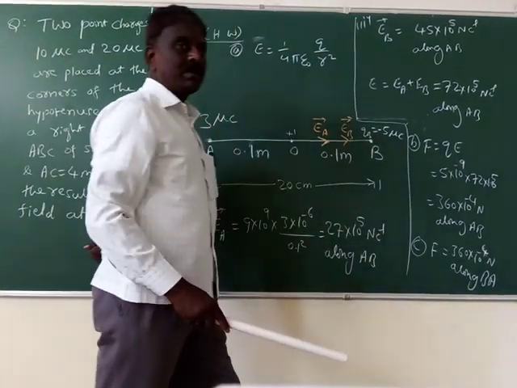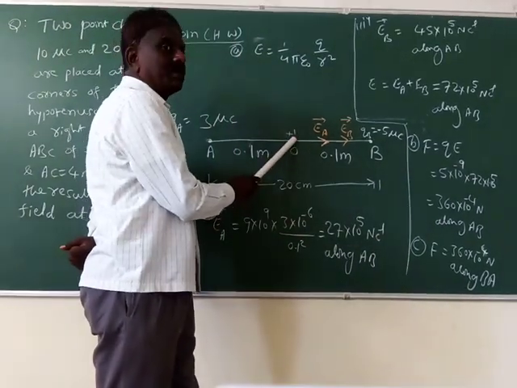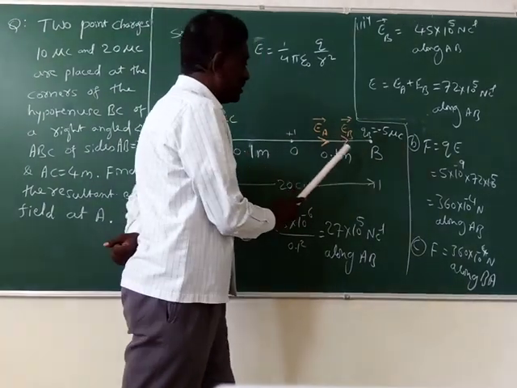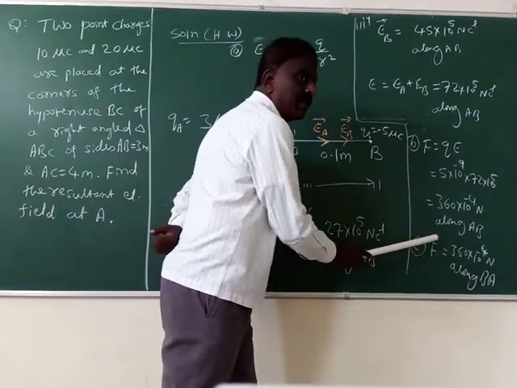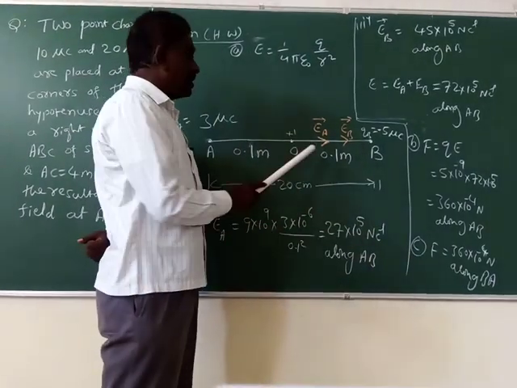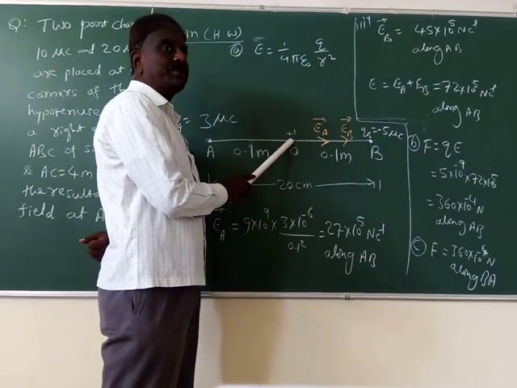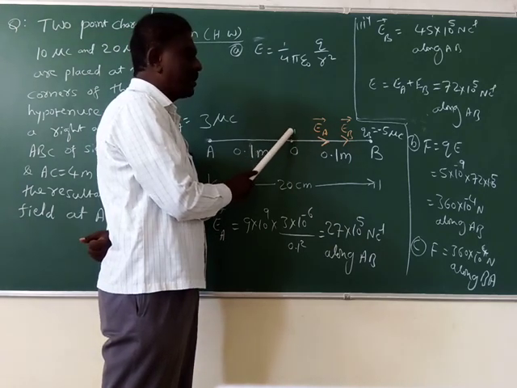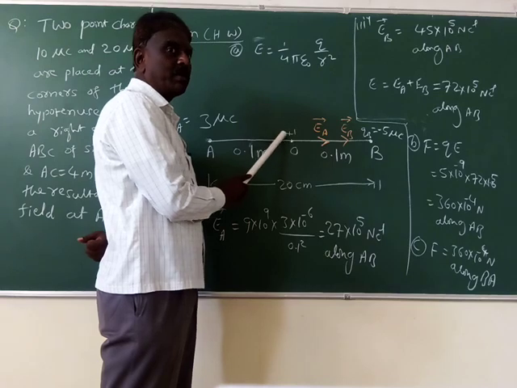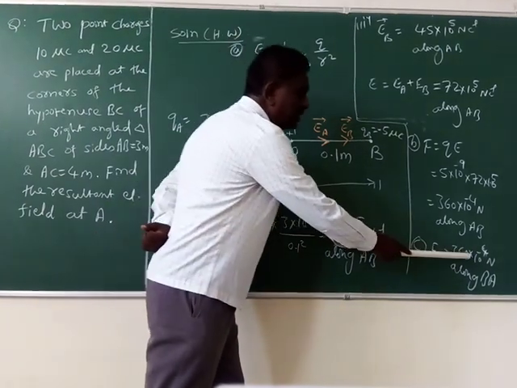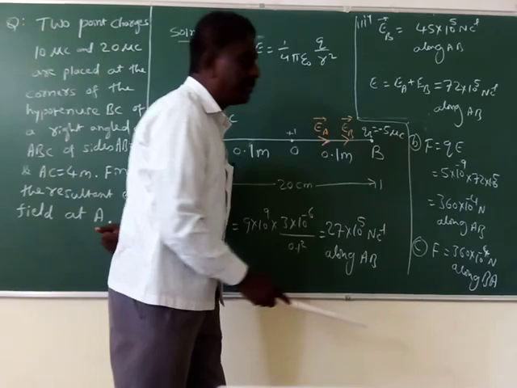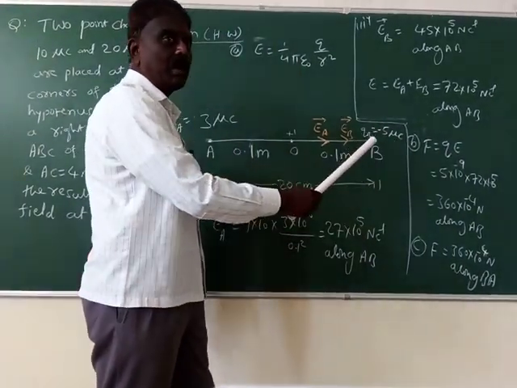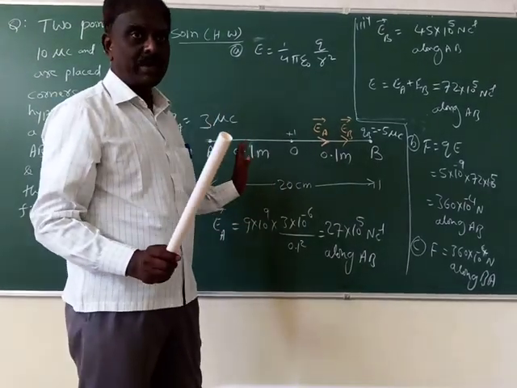What is the direction? Since the test charge here is positive, it is along the direction of electric field. The direction of electric field is along AB. Okay. In the next case, if suppose the nature of test charge placed here is negative, minus 5 into 10 to the power minus 9 coulomb, minus 5 nanocoulomb is placed here, magnitude remains the same, but direction is opposite to the direction of electric field, which is along BA. That's all. Okay, right.